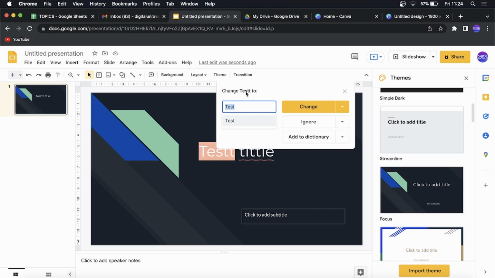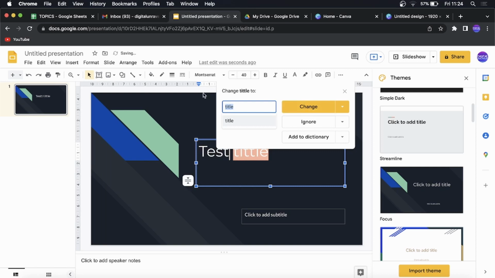And now you can see it says change "test" to "test", and then you would click on either Change or Ignore, and you can add it to your dictionary. So I'll click on Change, and now it says change that to "title". Click on Change,